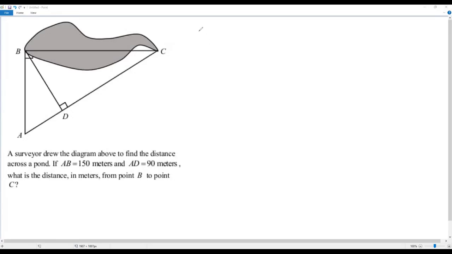Here we have a SAT math problem. Okay, let's go to the question. A surveyor drew the diagram above to find the distance across a pond. If AB equals 150 meters and AD equals 90 meters, what is the distance in meters from point